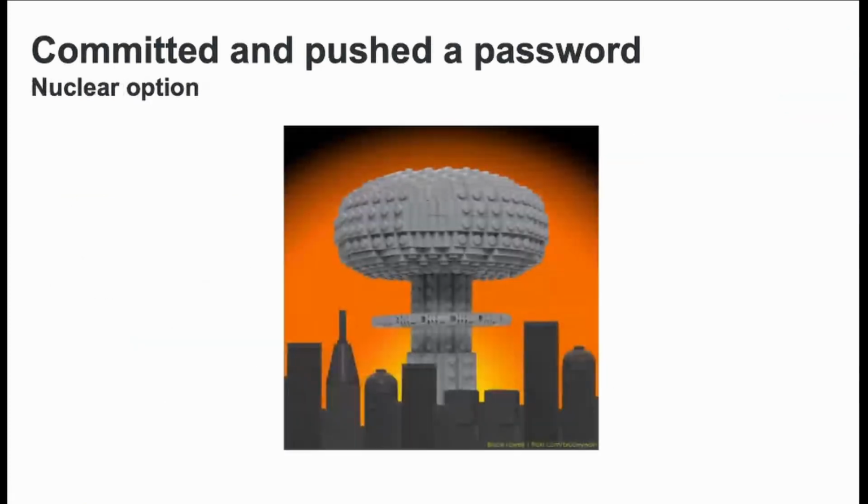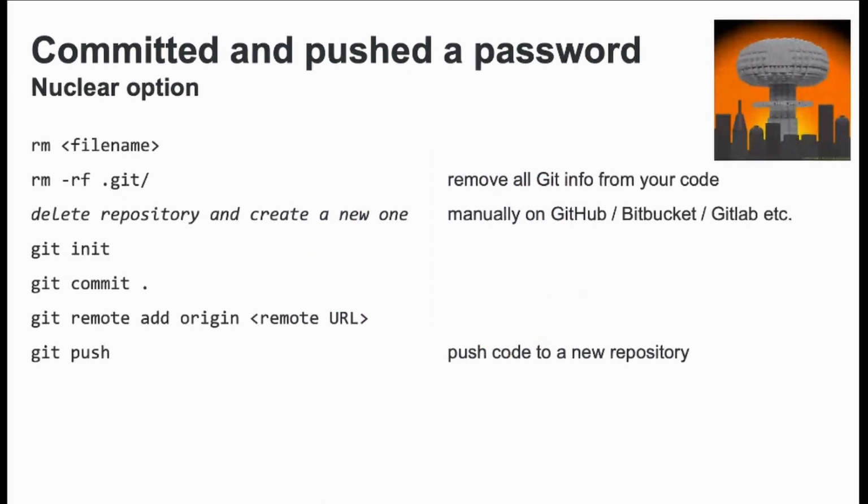I personally prefer the nuclear option. So this means deleting everything. Delete the whole repository. The cool thing is all of your history is gone, so all traces of your password are gone. The bad thing is your history is gone. So if you have an especially old repository, that might be uncool. But the cool thing is if you have a repository on GitHub, even if you delete everything and create a new repo with the same name, you will keep your stars.